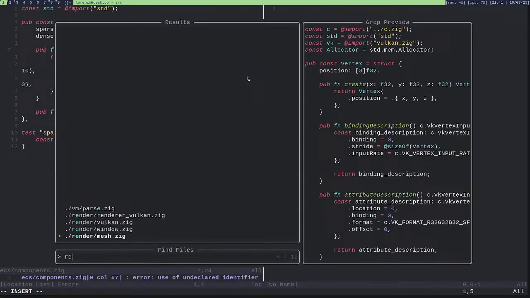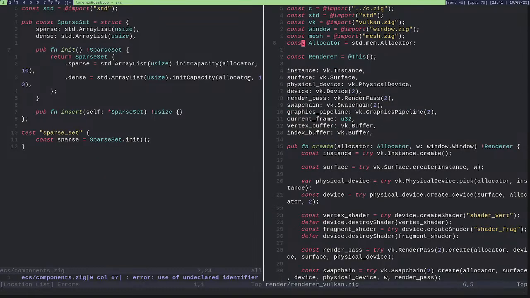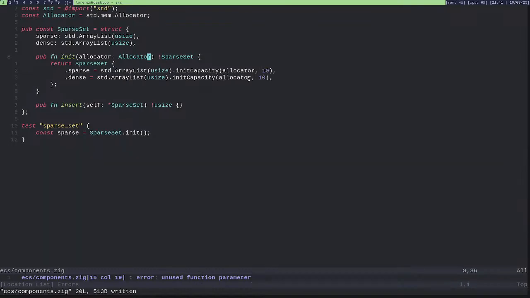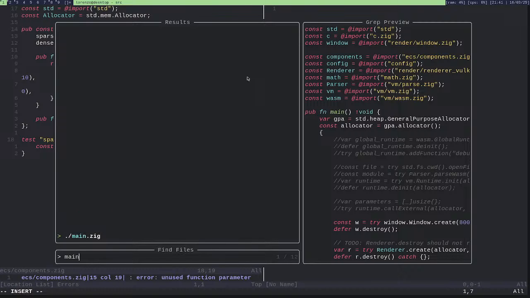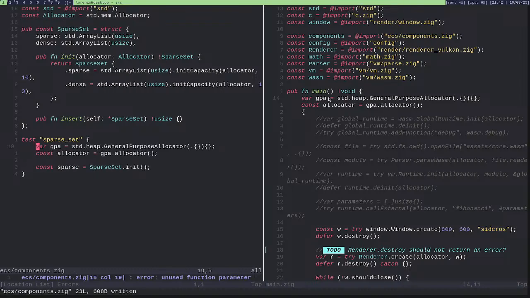Okay. Then I want to check renderer. Okay. So this will get just an allocator as a parameter. Okay. And then here I will need to create an allocator. So I will just copy this. Okay.